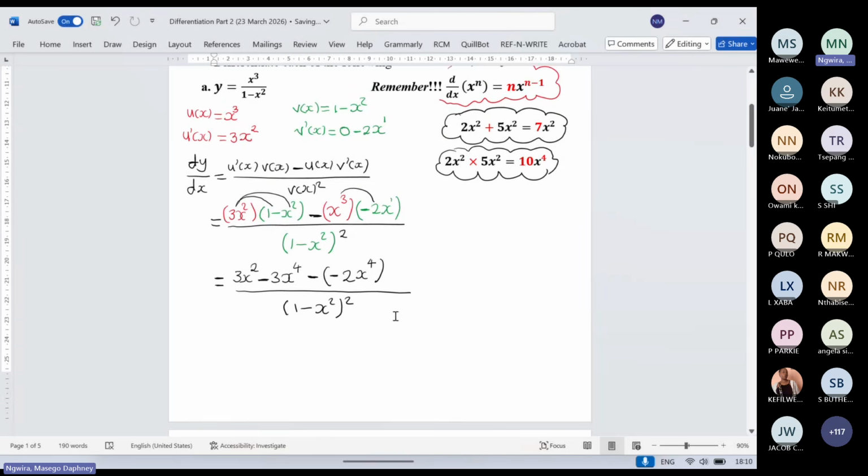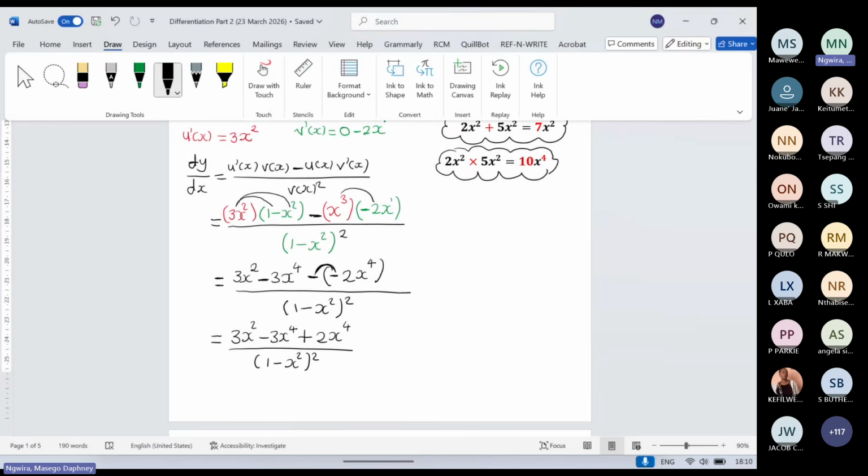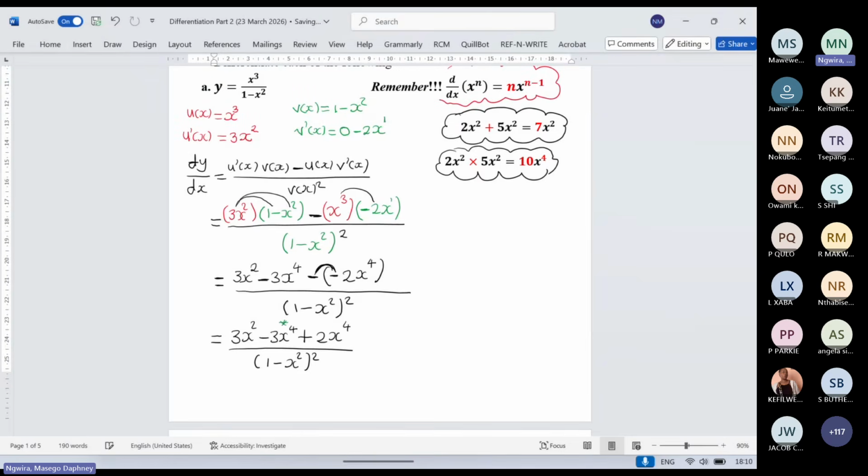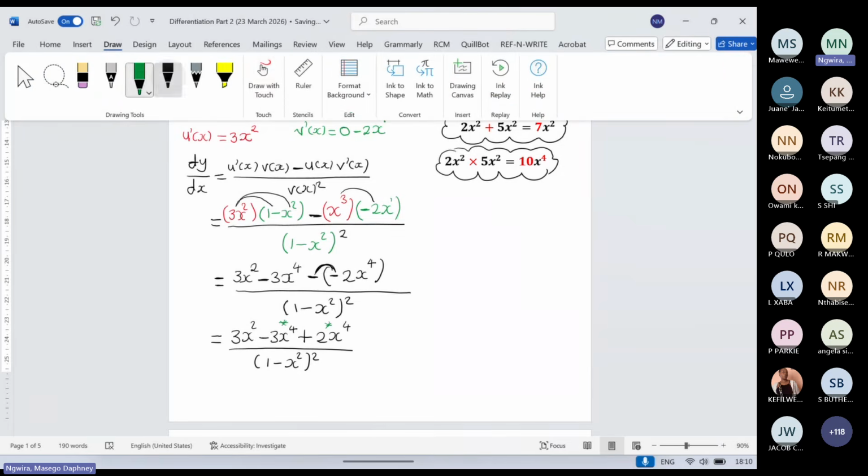And then now I am going to multiply this negative with this negative. Then I am going to have 3x squared minus 3x to the power of 4. Negative times negative is a positive. Then 2x to the power of 4. And then after you multiply, we add like terms. You add bananas with bananas. Every time you multiply, after multiplying, you add like terms. Now, the only two terms that are the same are the ones that have the same power. This and this one, they are the same because they have x to the power of 4, x to the power of 4. So my final answer is going to be